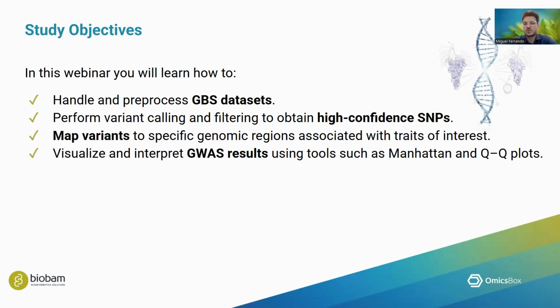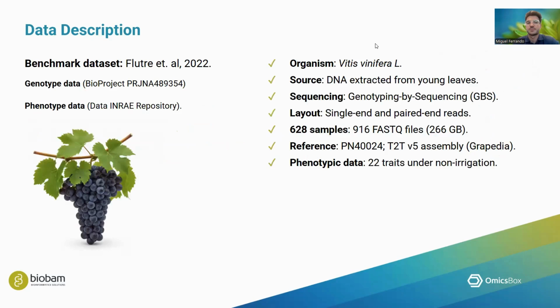We will then track down those variants to specific chromosomes and associate them to phenotypes of interest. At every step, we will visualize the results, especially the GWAS results, using different plots such as Manhattan and QQ plots. The data that I picked for today comes from a paper published in 2022 at Oxford University Press, and